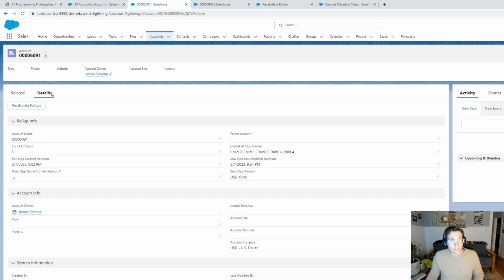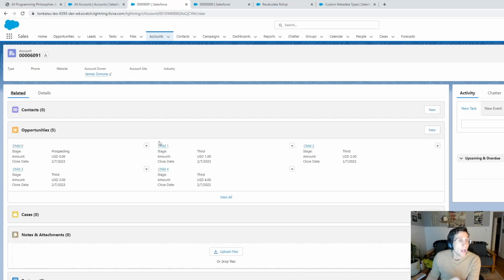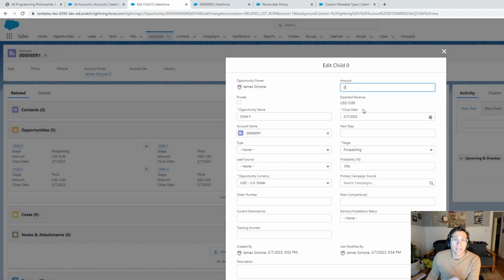I've updated, for example, this opportunity when I updated the stage name. And so when I did that, this scratch org is in Pacific time. I'm in Mountain time. So you can see now that there's a difference between when the opportunities were created and when they were last modified. And indeed, if I were to go back to this prospecting opportunity record that I updated and give it a different amount,